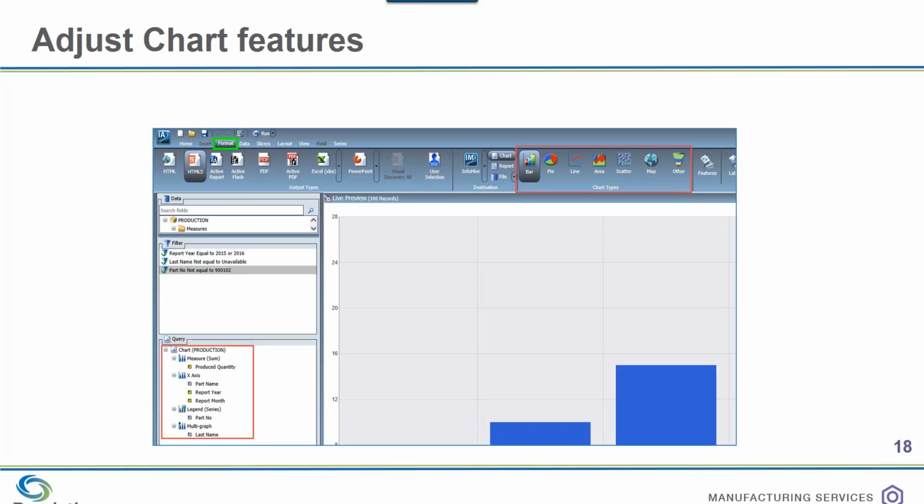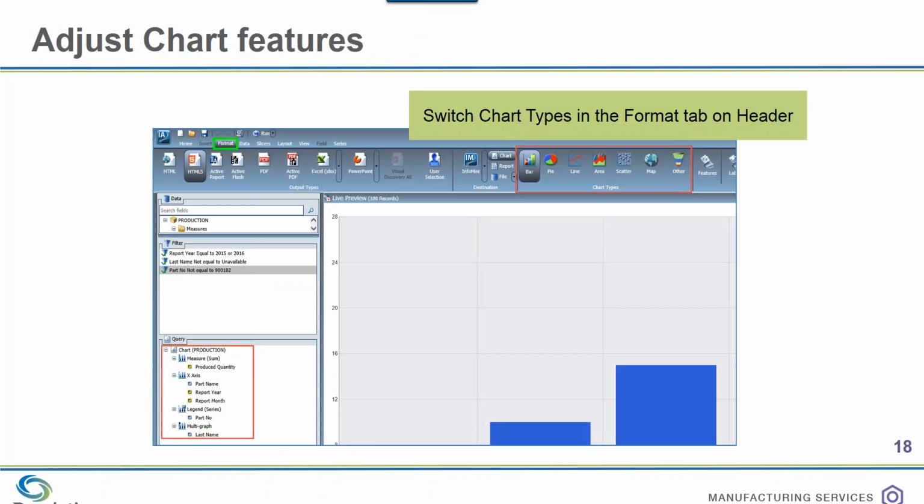But as that goes, I may not like what I'm seeing, so I can go to the Format tab and I can switch the style of the chart to be something that better presents what I'm after. And as well, in the lower left corner of the page, I can adjust the way that the different pieces of data are coming across. So I can make the changes to all of those things and then refresh the report and run it again.